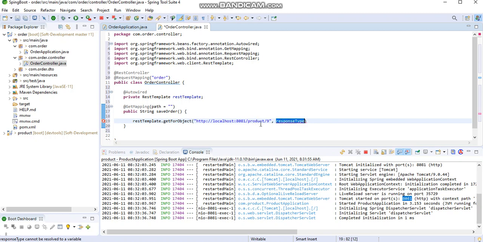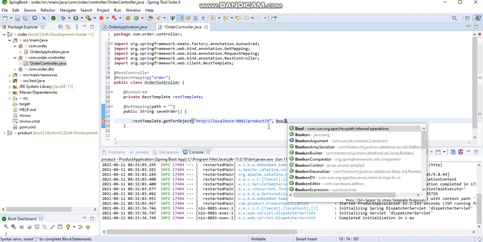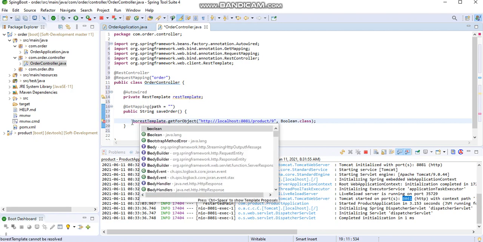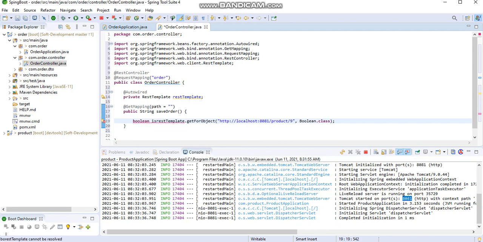This is returning true or false, so I will provide Boolean.class, and store it in a boolean isProduct. If the product is available, it will return true, so I'll return "Order saved" for testing.